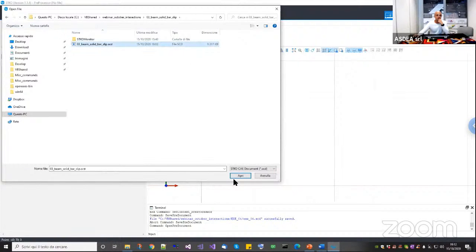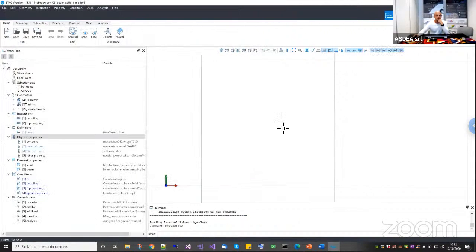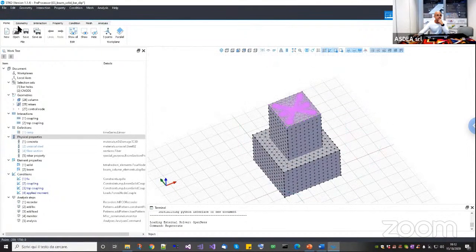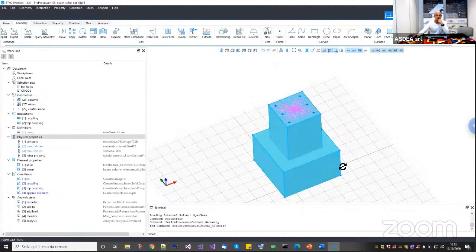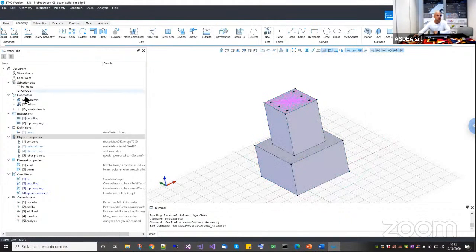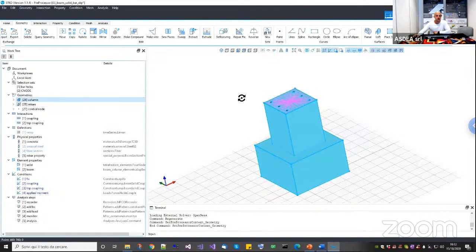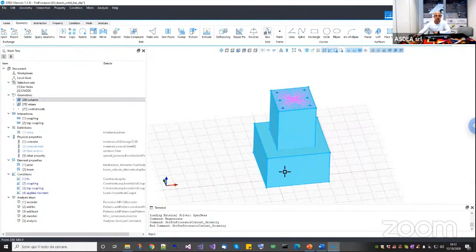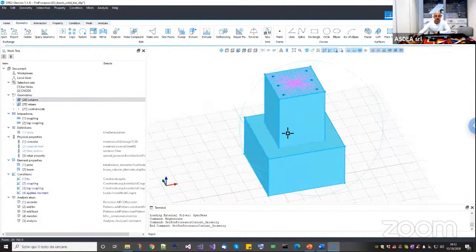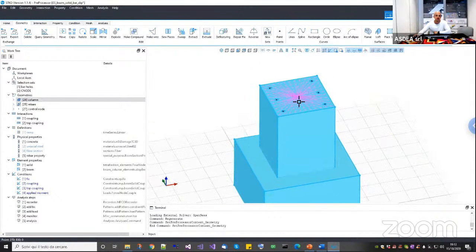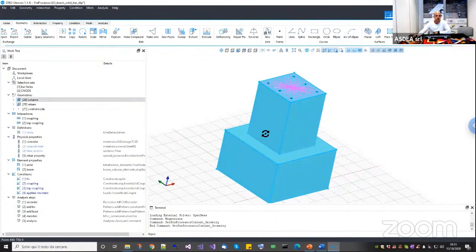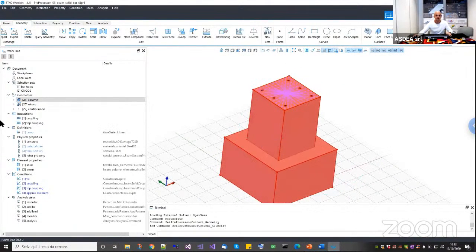When you open this one, you will find a solid model. Let me go back to geometry, so I will explain how it is made. First of all, I have a column down here, the bottom line of a column, the foot of a column, then a piece of a column. Then here I have a constraint that simulates that the column face remains planar. I will show you how it works. So the first geometry will be a column. Then if I switch it off, which is this one basically,